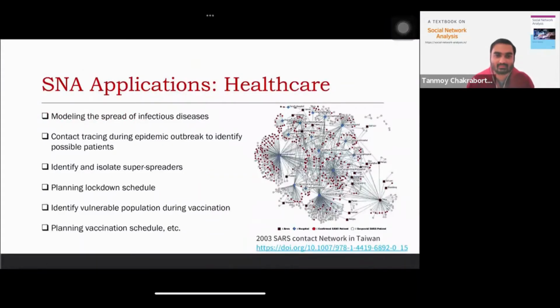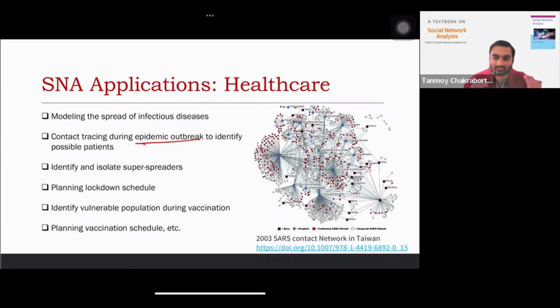Okay, now let's look at some of the applications that we generally study in social networks. So particularly in healthcare, I have already mentioned offline social networks, individual interaction networks. Let's assume hypothetically that we know who is connected to whom and who frequently meets whom, so there is this interaction network available. Now, when we study an epidemic outbreak, for example, COVID-19 again, and these individuals have already been infected, and we also know how these individuals interact, we have this contact trace,